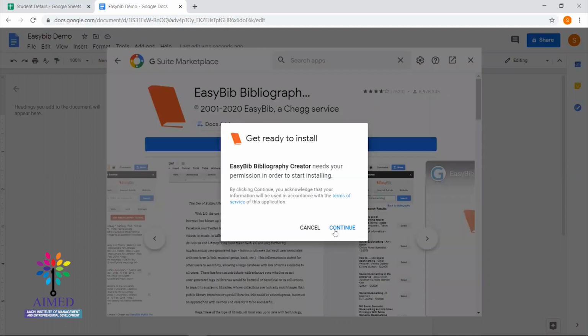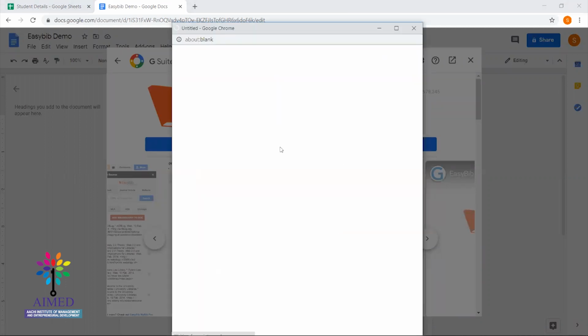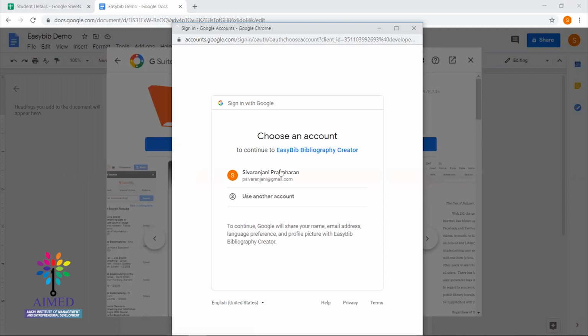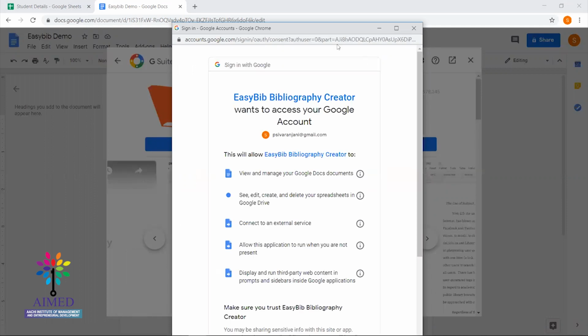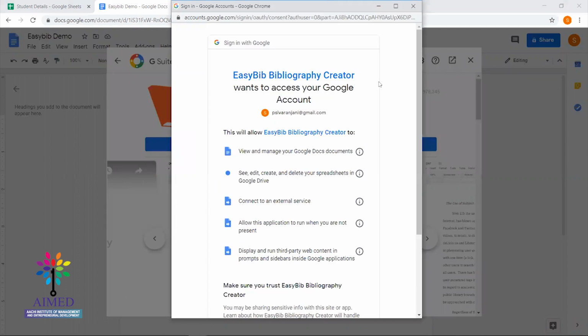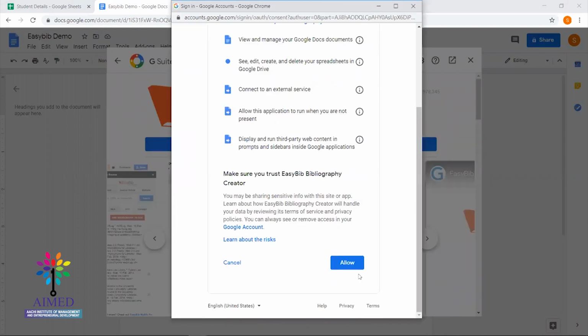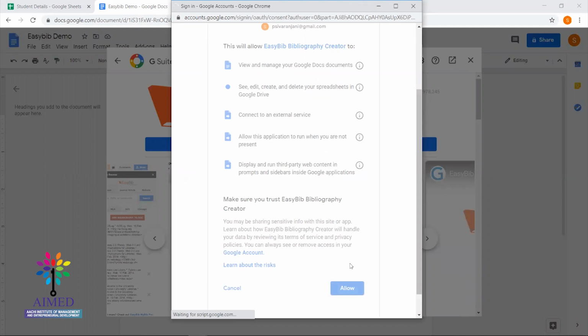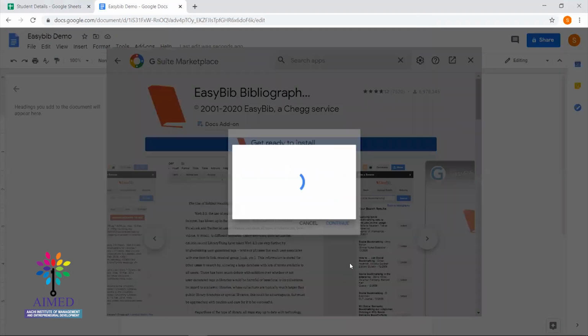Click on the install button, then click continue on the pop-up to give the permission, and then select the account you want to add, and then give the permissions required by the add-on. I'm clicking on the allow button to give the required permissions.